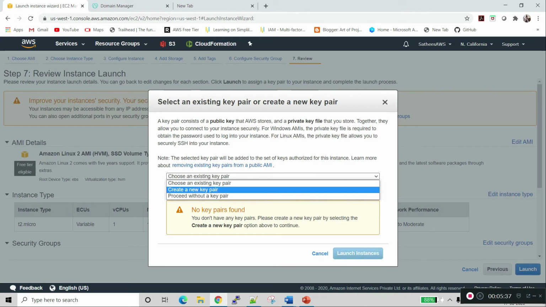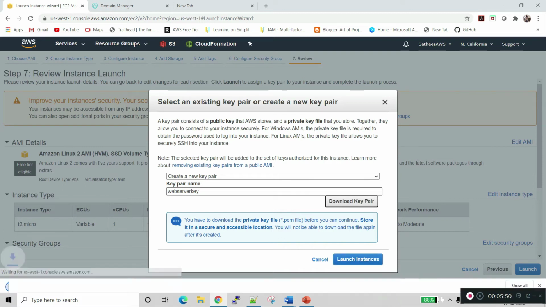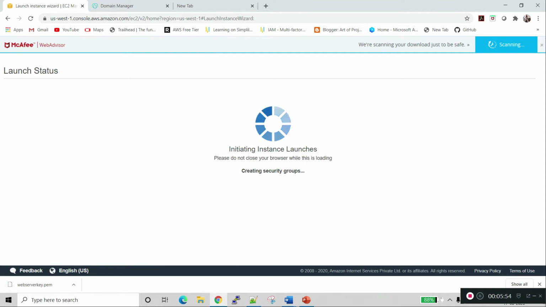So let's create it. Launch the instance.